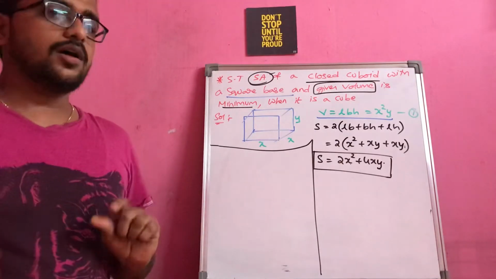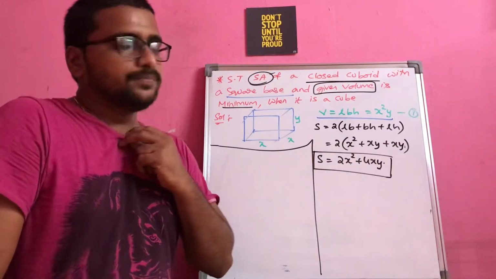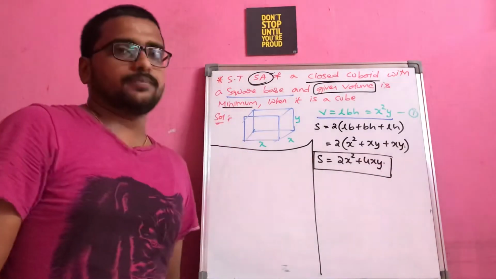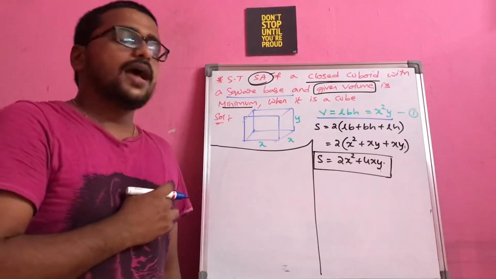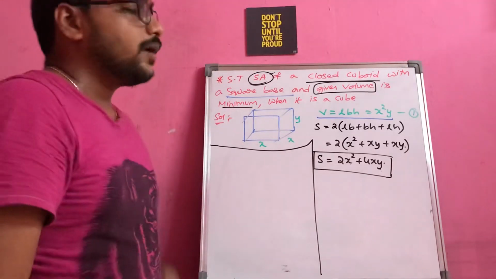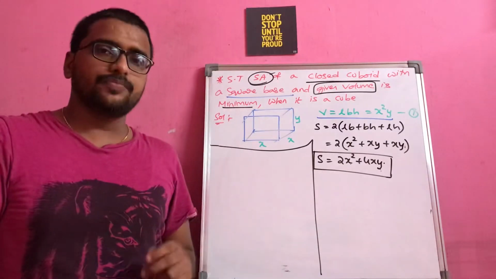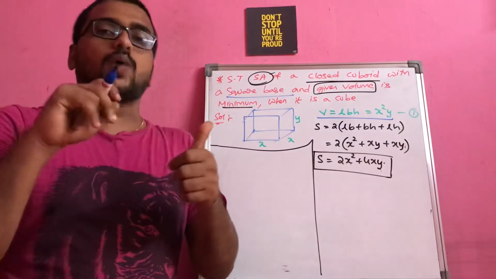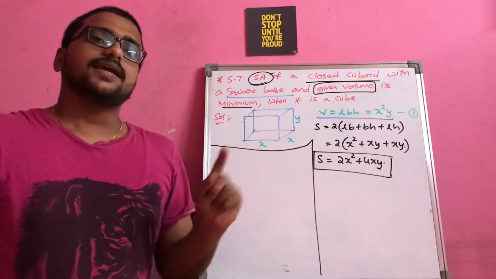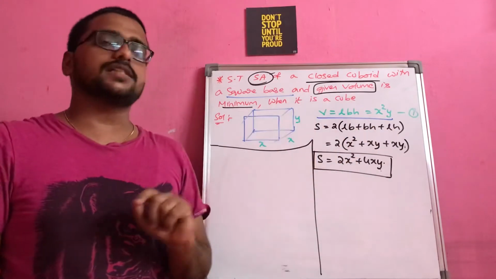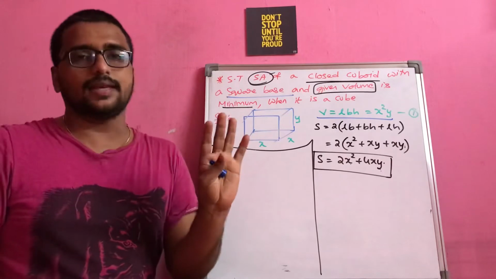You just think one small logic here. x is given 2 times in this function, but y is existing only 1 time. So what I will feel generally, if I replace y with something, I can replace at only one position. But if I get the value of x in terms of y, first thing it will come in terms of square root. Second thing, I have to replace at 2 positions. Instead of that, substituting y with this function will be easy for me because I can substitute at only one place and there are no radicals also, right?